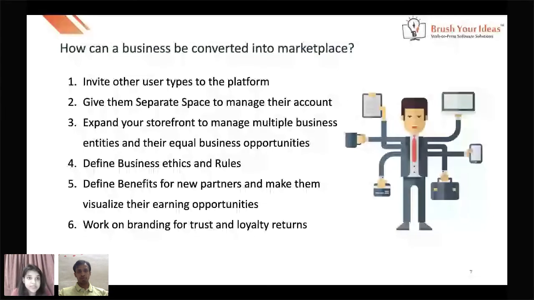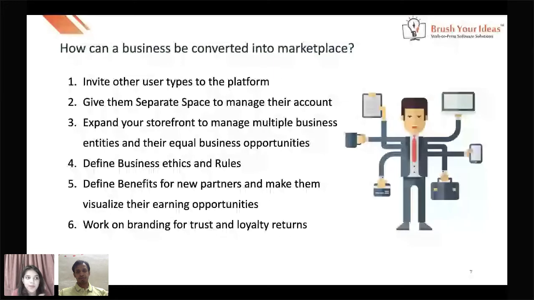You also need a specialized pricing model between you and your partners, so that you both earn eventually. It should not be only one party winning, where you earn and your partners don't, or your partners earn and you don't. It should always be a win-win situation. And one such pricing model should be decided upfront, so that your partners have trust in you, they don't go away, and they see a good opportunity in your system. You definitely need to define the strategy so that you can build the customer's trust as well as the partner's trust with you, so that eventually this would help you in branding, especially when you connect with multiple brands. And in this manner, opportunities would be created, and it would eventually be growing for you.